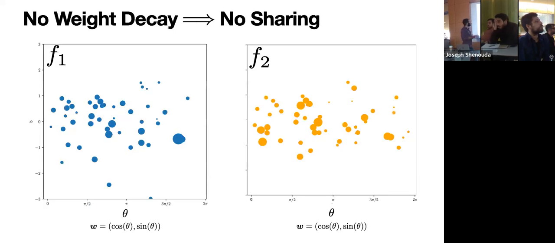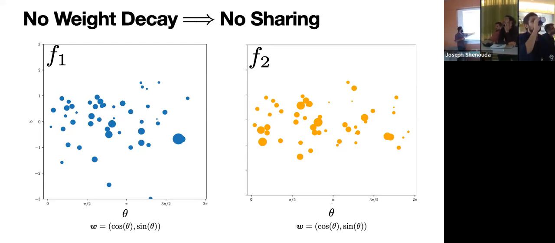So when I train this problem with no weight decay, here what I'm plotting is the bias. For each neuron, I have a bias and a weight. But since I'm in R2, a 2-dimensional problem, I can switch to polar form and just look at the angle that the weight has. And all these dots are now the locations of the neurons involved for F1 and for F2, the first output and the second. So here you see that F1 and F2 involve very different neurons, and the size of the bubble is the magnitude, or the weight, that you're putting on that neuron.